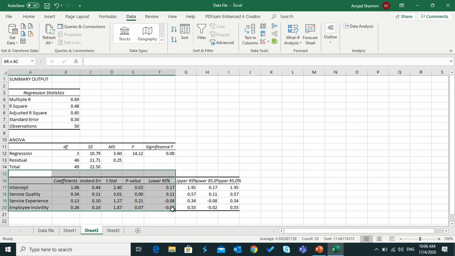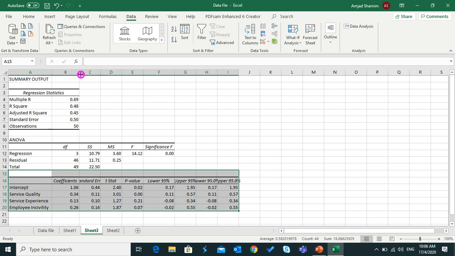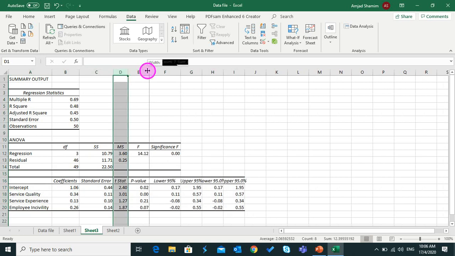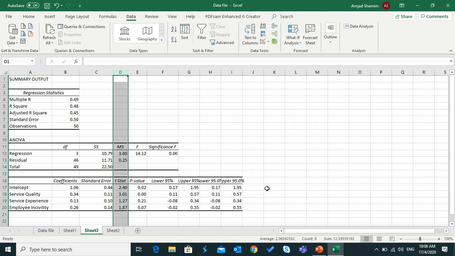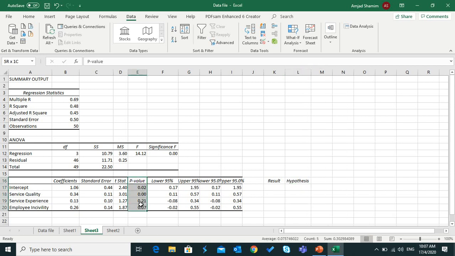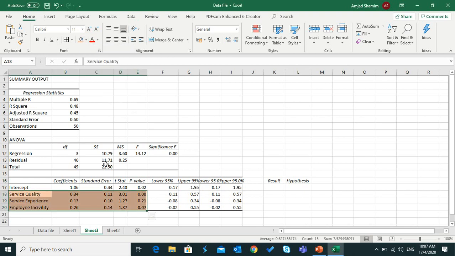Then we have main regression output table. In this regression output table, we have to decide whether our hypotheses are supported and what is the influence, level of influence. So for this one, we will create two more columns. One is result and other one is hypothesis. Now, first we have to read this column, that is P, and P value for our